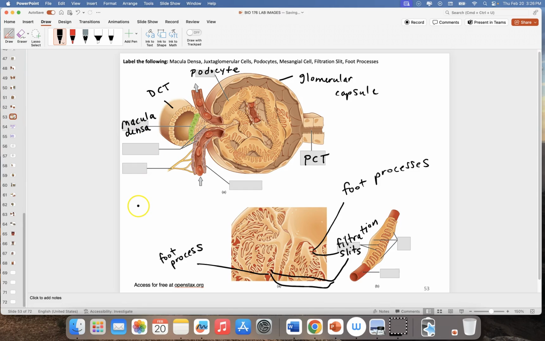And then we are going to have juxtaglomerular cells. And those cells are going to be here. And then on this side as well. And then here,